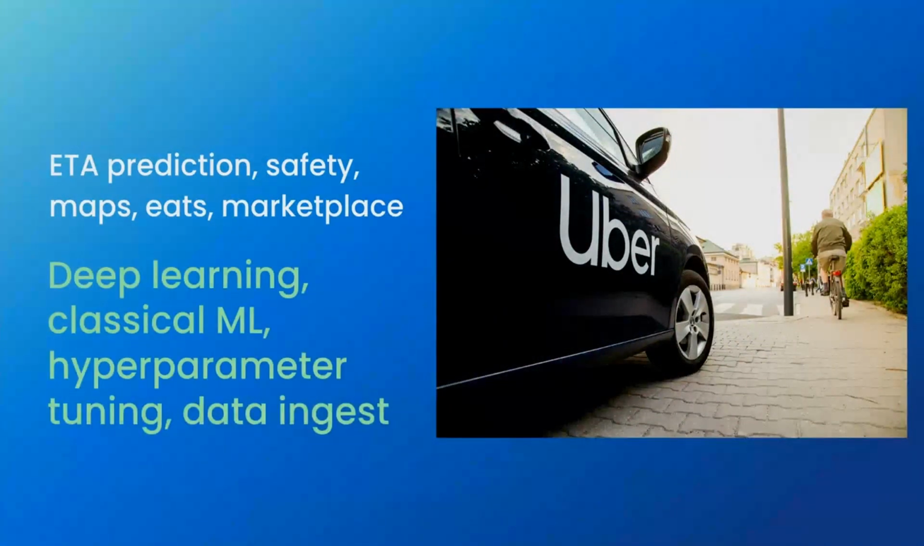So if we zoom in on a few example companies and what they are doing with Ray, one example is Uber. Perhaps some of you got here using Uber, and part of their user experience is accurate ETA prediction. The better the ETA prediction, the better experience their users have. They are using Ray for both deep learning and classical machine learning, to train this model and run hyperparameter tuning at large scale